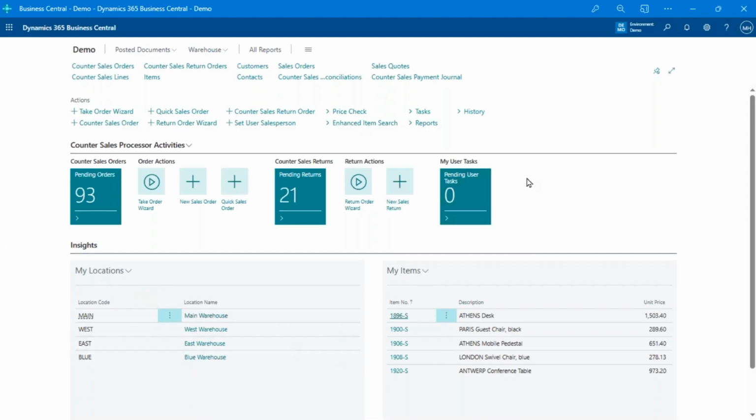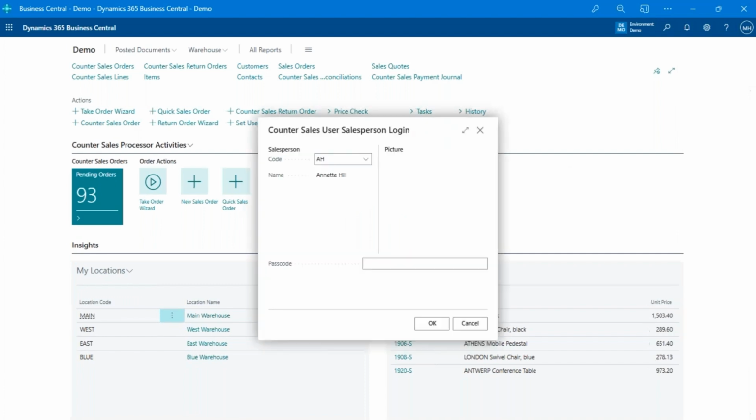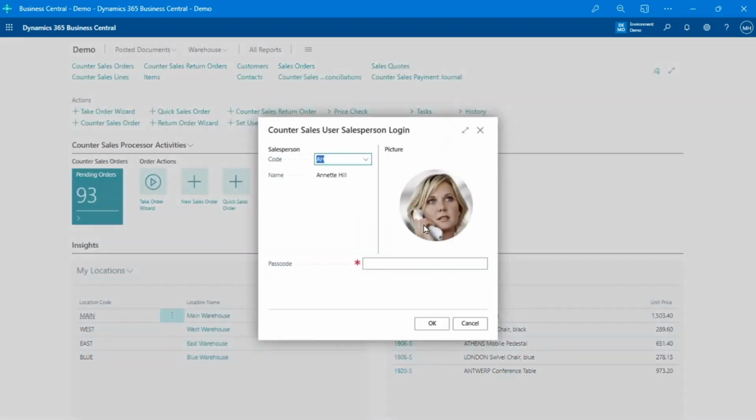So again, somebody phones up, says, hey, do you have this in stock? And so I hit the price check. And now what it's doing here is it's asking me to identify myself. And the idea behind this is, if I have